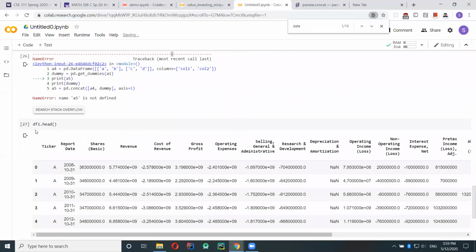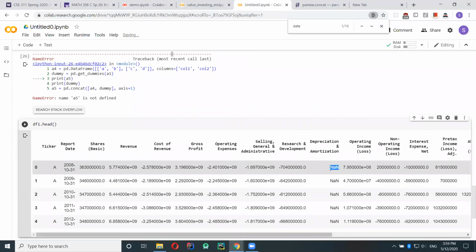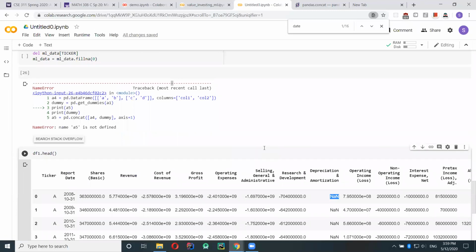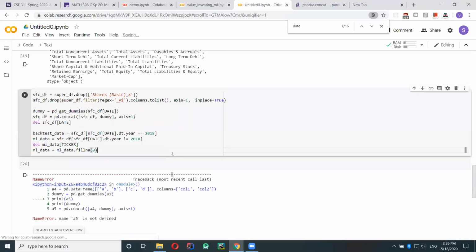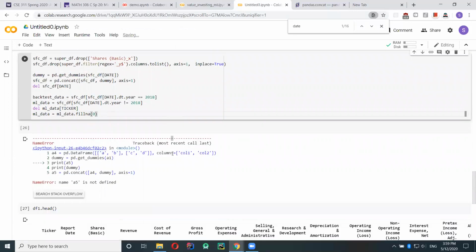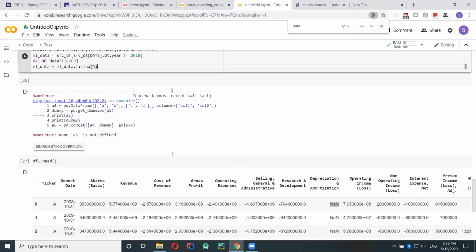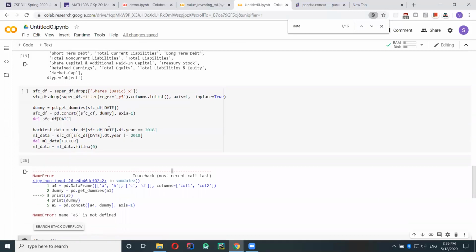Like you can see here, depreciation and amortization. You can probably infer that this is 0, because when there is no depreciation or amortization, how could it be not a number value? That is sort of weird. It most likely means that there was no depreciation or amortization, and therefore it should just be set to 0. Now let's run this.